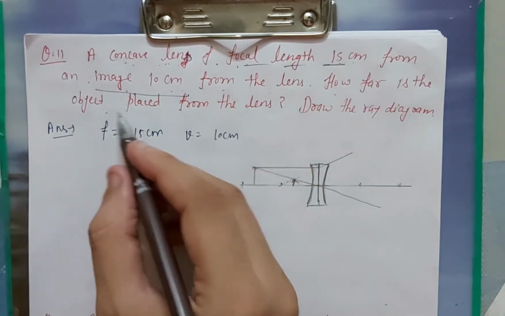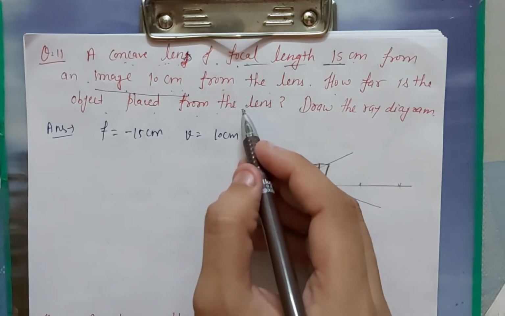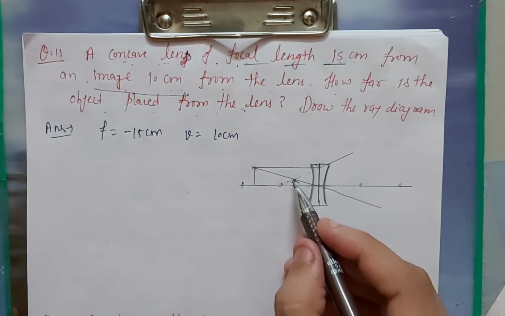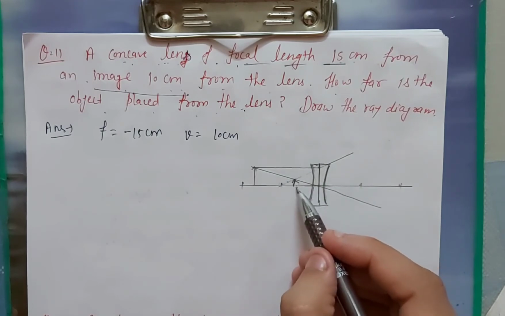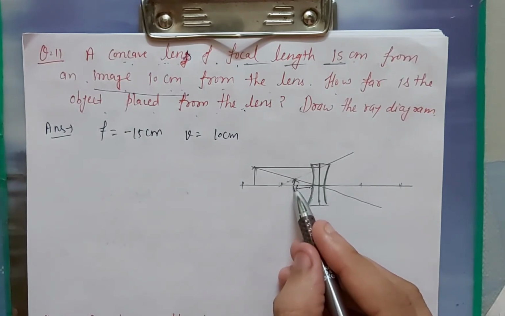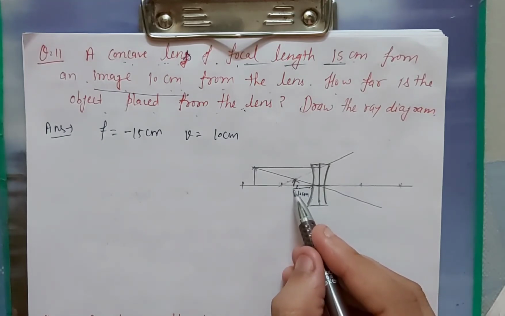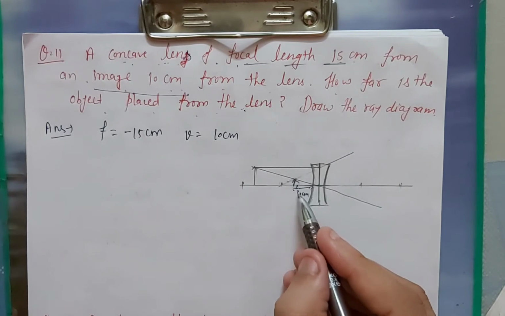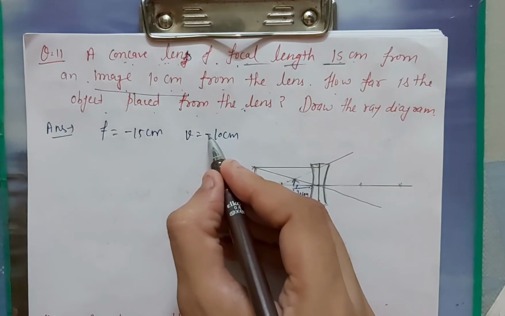How far is the object placed from the lens? So in case of lens, as we know that the image formation of the object, it always forms a virtual image. Which type of image is it? Virtual image and smaller size. So this distance is given, this is the image and this is given 10 centimeter. So it is in the left hand side. सो यहाँ पर जो हमारी वैल्यू है वो क्या हो जाएगी? v की वैल्यू नेगेटिव. That's why the v value is negative here.